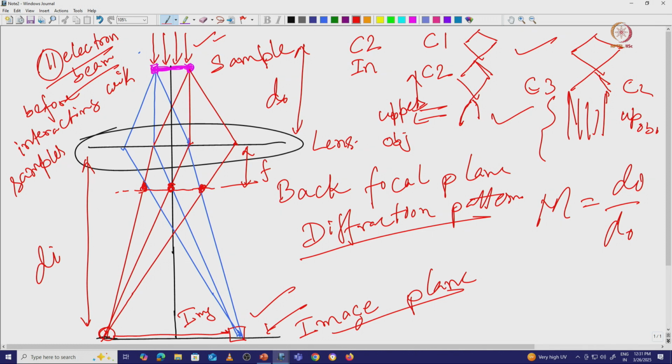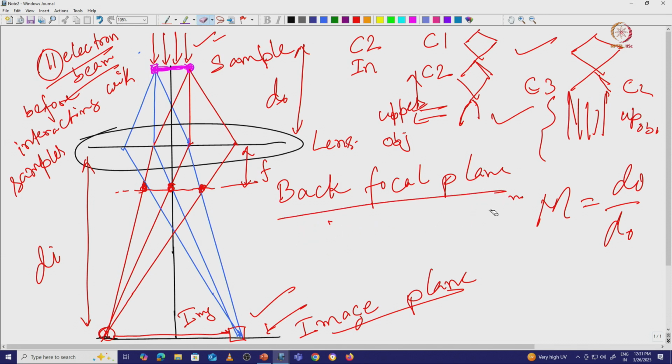Now, this is an important plane, which is called the back focal plane. In the back focal plane, we are collecting all the diffraction pattern here. How? If you look at this particular point, this is one of the first imaging planes of our microscope, after your gun lens, condenser lens 1, condenser lens 2, then your objective lens. This is our first imaging plane where we can record the image. It is the first place where we are getting some information about our object, and here we can record the diffraction pattern.